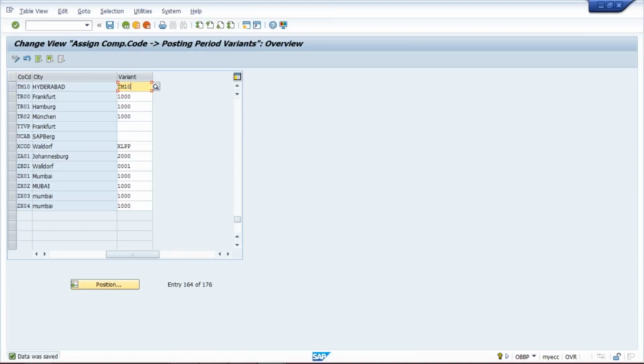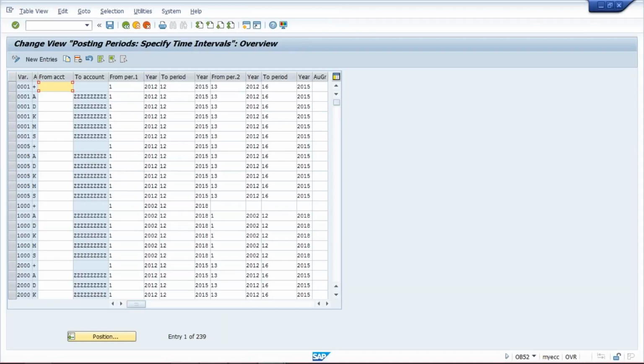Now what is happening, guys? The next step is we need to open and close the posting period. What is this open and close posting period? The transaction code is OB52, slash N OB52. Now here, generally in real time we are going to follow so many things,